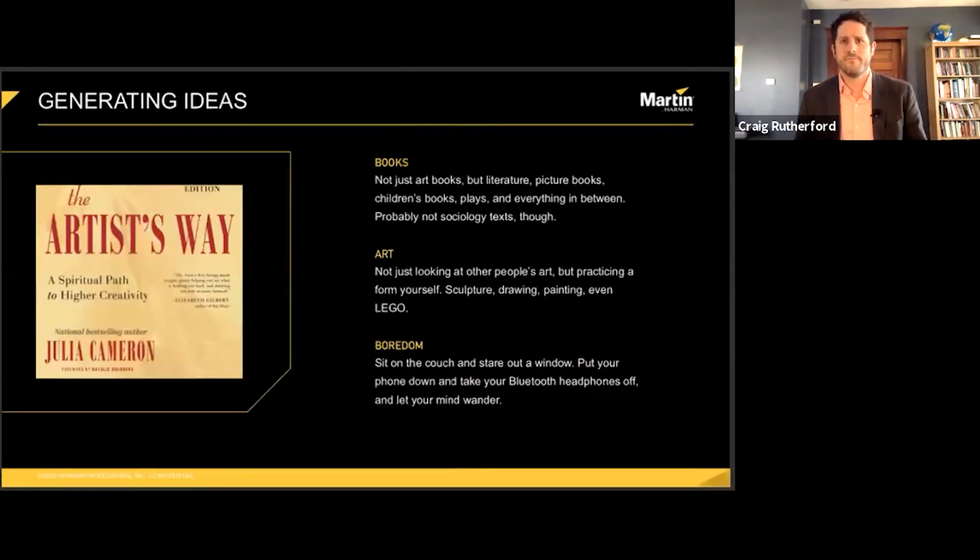Books and literature are a nearly endless source of inspiration. And while art books are an obvious place to start talking about books vis-a-vis inspiration, they're far from the only place that you can look. The world of literature is vast, from the epic science fiction worlds of Asimov to the cyberpunk of William Gibson to the paranormal dread of Stephen King to everything in between.